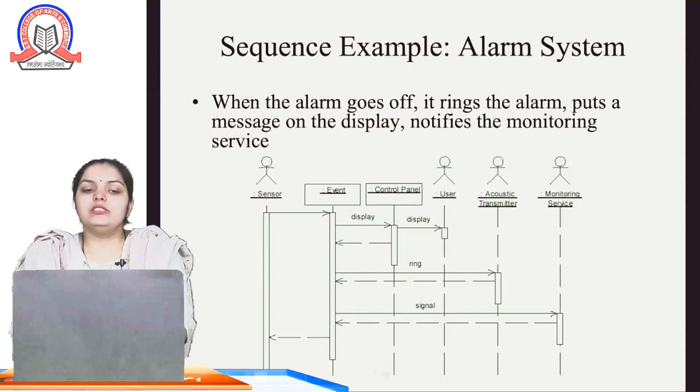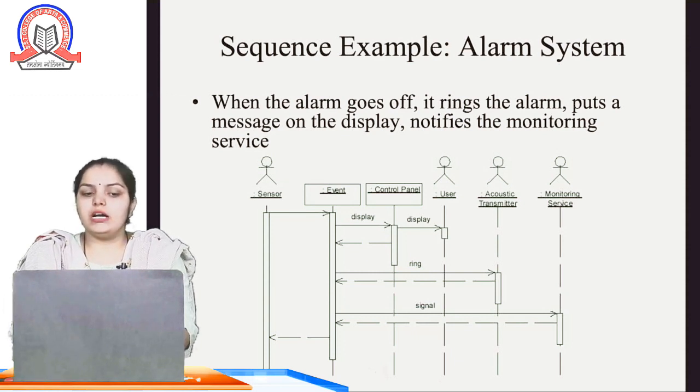Next is the sequence example of an alarm system. For example, if you are putting in an alarm system, when the alarm goes off, it rings the alarm, puts a message on the display and notifies the monitoring services. So here sensors, event control panels, user, transmitter and monitoring services are involved in an alarm system.